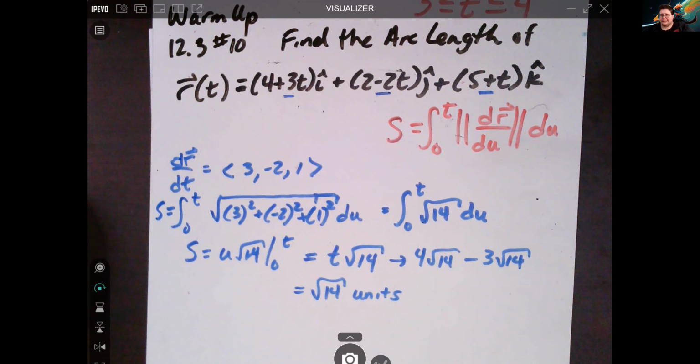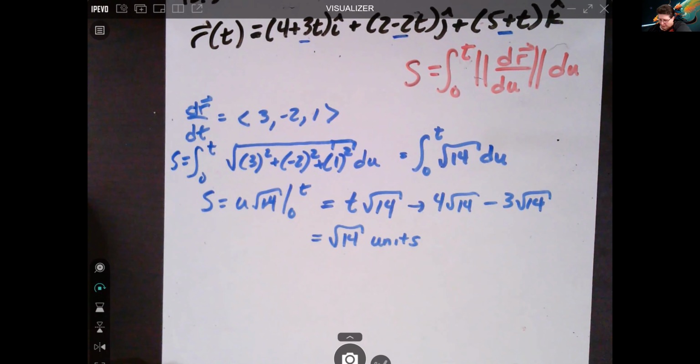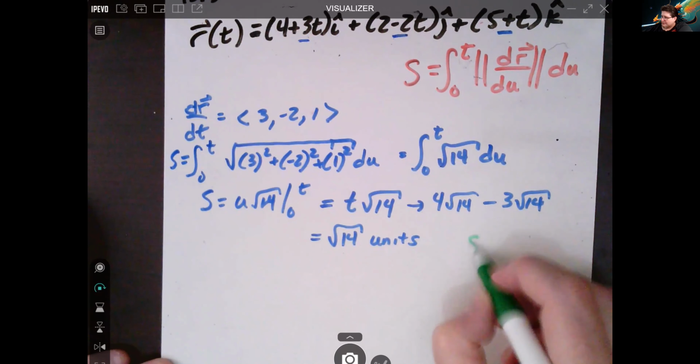This problem was fairly easy. The integration was easy. The derivatives were easy. It was all nice and straightforward. It was a warm-up. If we were to parameterize R of t, since that's what this lecture is on, let's do that. So we have S equals